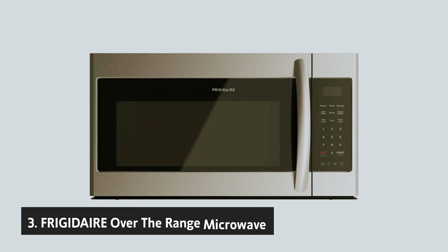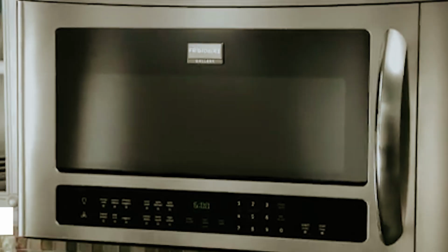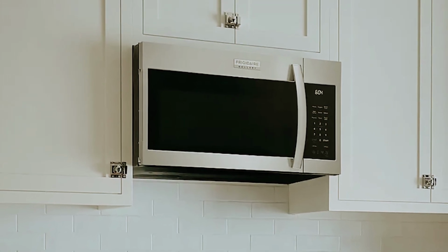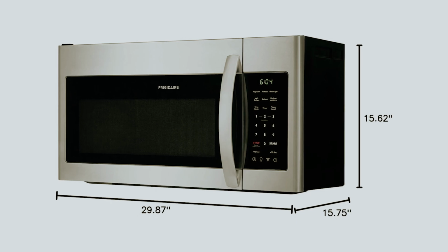Number 3, we have the FRIGIDAIRE Over-the-Range Microwave. Are you in search of a reliable and stylish kitchen upgrade? The FRIGIDAIRE Over-the-Range Microwave is designed to accommodate your cooking needs while enhancing your kitchen's aesthetic. With a generous capacity of 1.8 cubic feet, this microwave provides ample space for a variety of dishes, making it